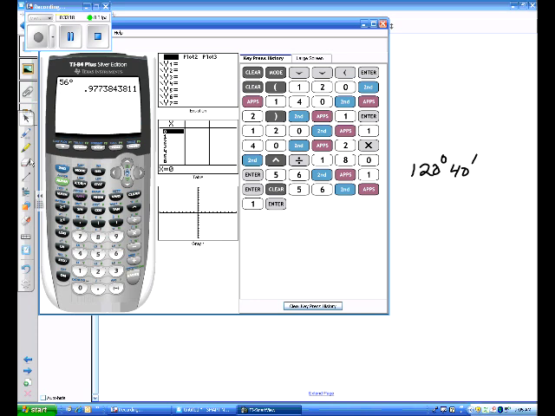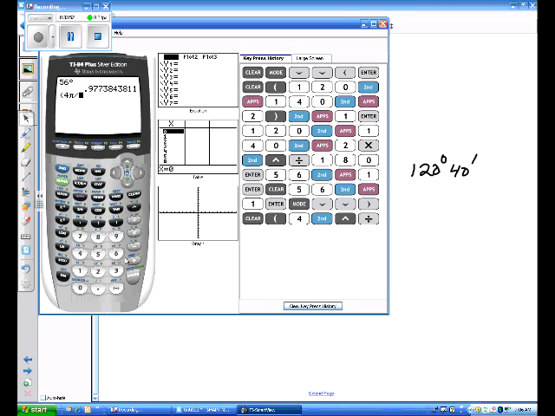Okay, if we wanted to change from radians to degrees, what we do is we put our calculator in the degree mode. That's what we're wanting our answer to end up with. And we're going to enter the radians, so we would put parentheses. Let's say we've got 4 pi